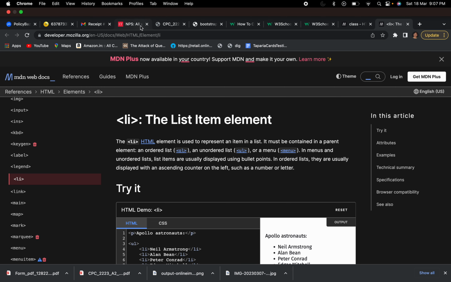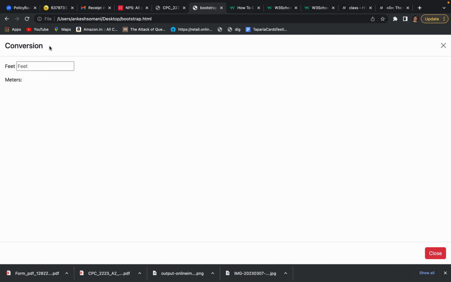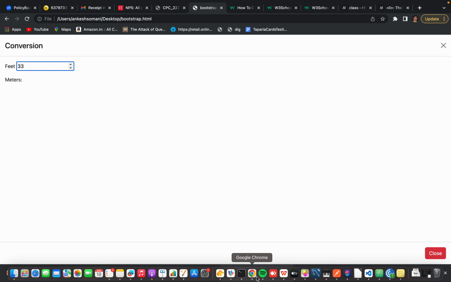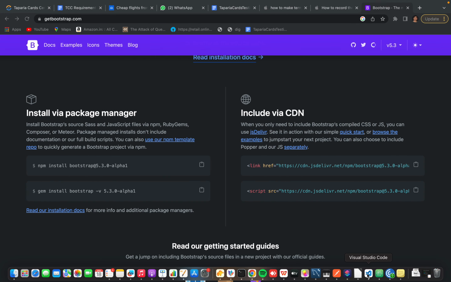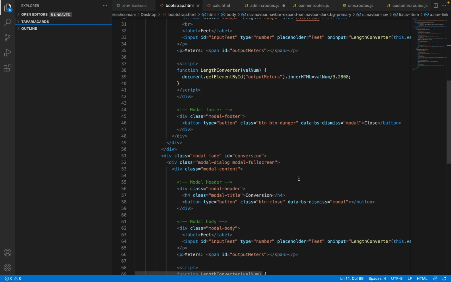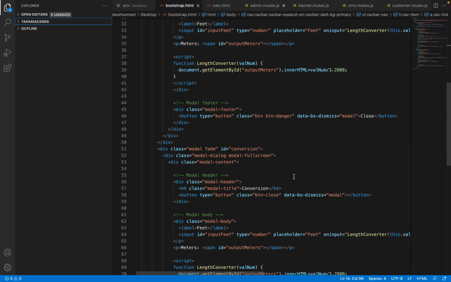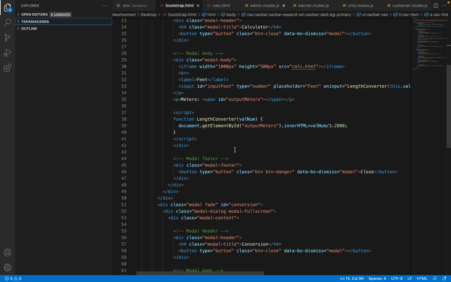When I refresh it, yeah, here's the HTML document. When I refresh it, we have another field called conversion, and oh, now we have another problem. So many problems we are encountering. Coding is basically just like that. So this problem is that output meters is there,